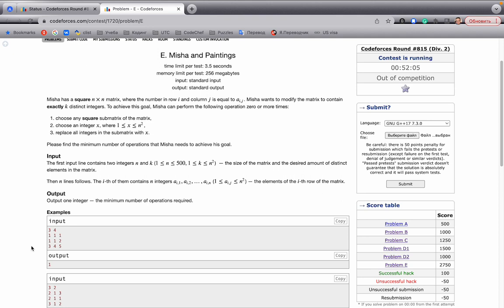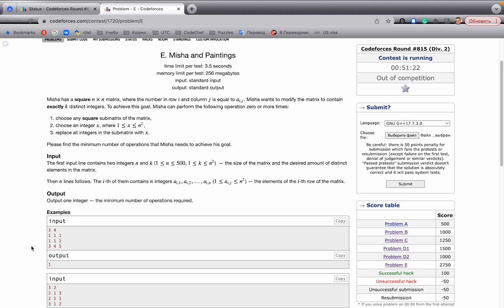If we need to increase the number of distinct integers, we cannot do much. In each operation, we can only introduce one new value, and it's always possible to increase by 1. Let's take a cell which is not unique. We have at least one of those if we don't have all the numbers unique. If we want to increase, then we don't have all the numbers unique. So we can choose a cell which has a non-unique number and replace it by a number not present,